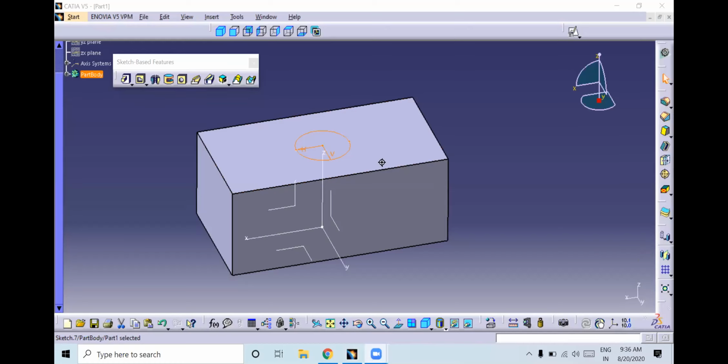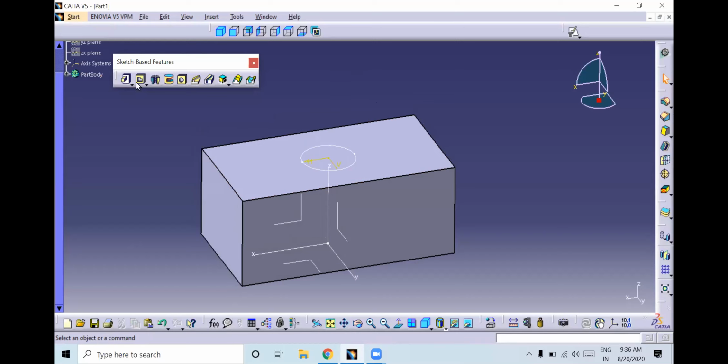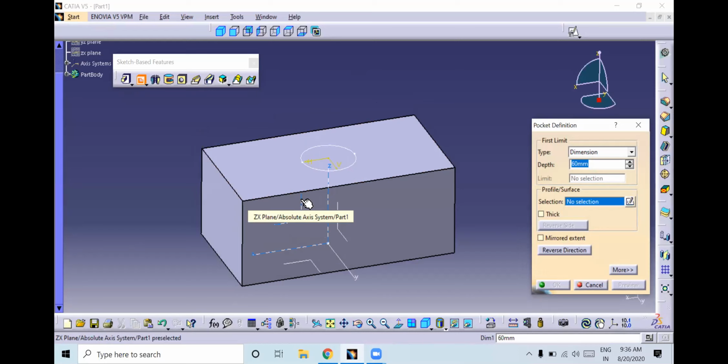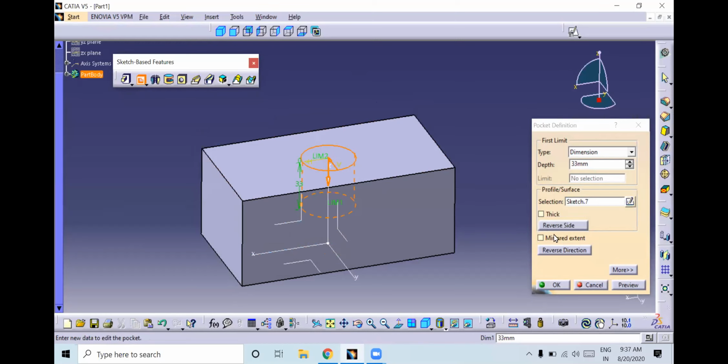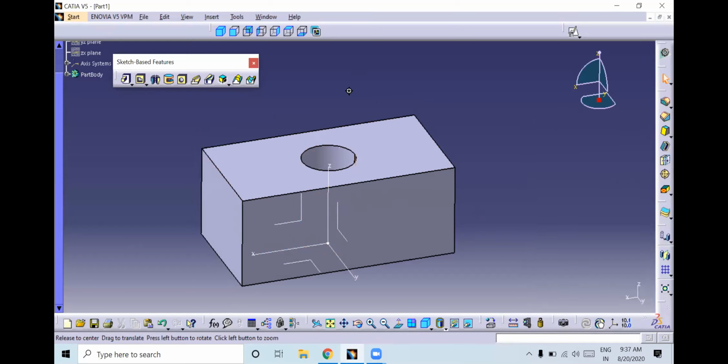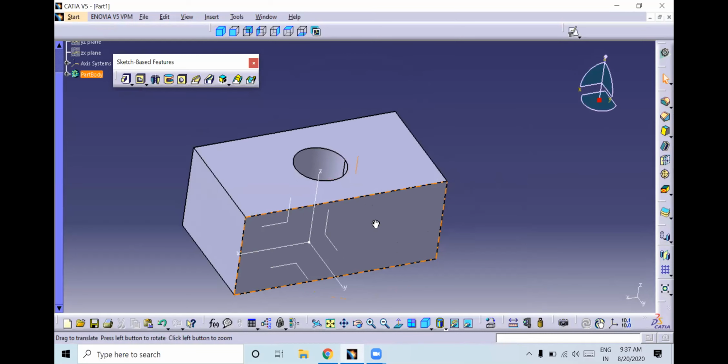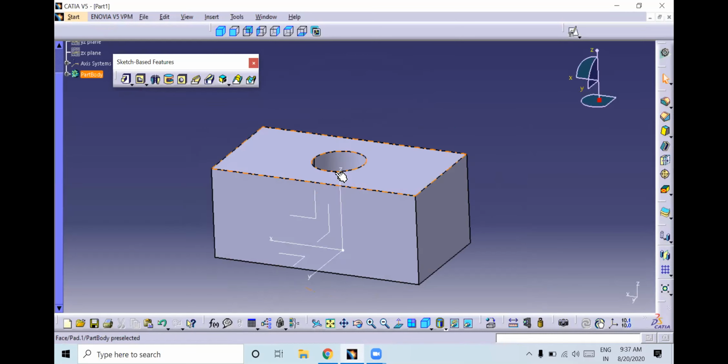So first, create a sketch like this. Here we have a pocket. Select it. Pocket is a material removing feature. Once you select the sketch, you see the same options as here. Give the dimension and give OK. See here, you can create holes by using the pocket feature.